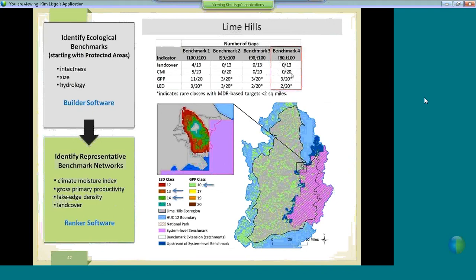In terms of CMI, recall that we reclassified CMI, GPP, and LED to 20 equal interval classes. In terms of CMI, there are no gaps, so we've met the representation goals for CMI. For GPP and LED, we have 3 and 2 gaps respectively, but something to be noted is that those gaps are very small. These particular classes that are underrepresented are very rare in the landscape. Regardless, we looked at how we might be able to capture those missing GPP and LED classes in a benchmark network for this